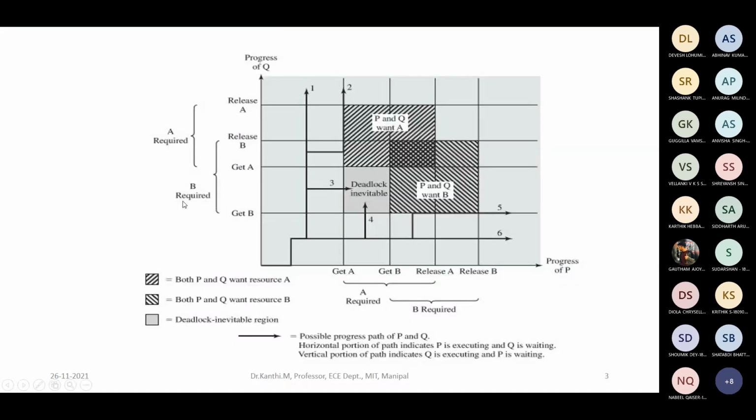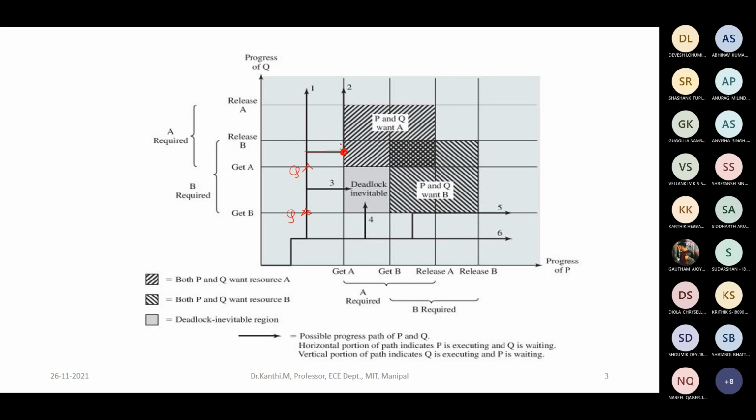The second one could be here. Say we begin with Q, and the process Q will acquire A, then it will acquire B. None are released, but at this particular instant, process P tries to acquire A. But A is not yet released by Q. So process P is trying to acquire A, but it is not released, and immediately it goes to blocking.